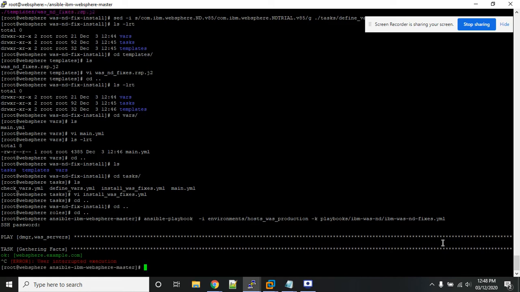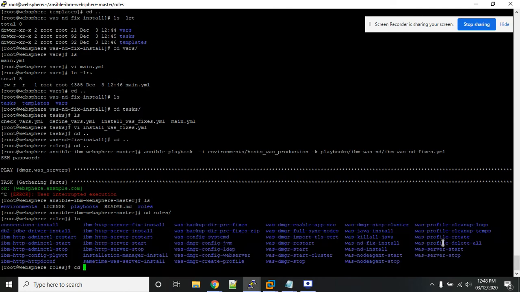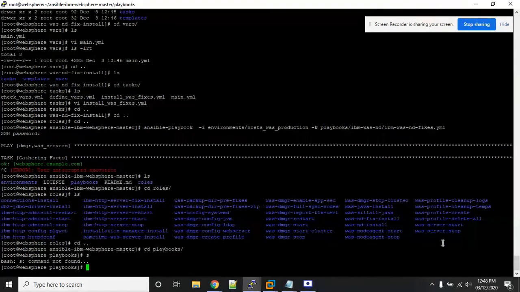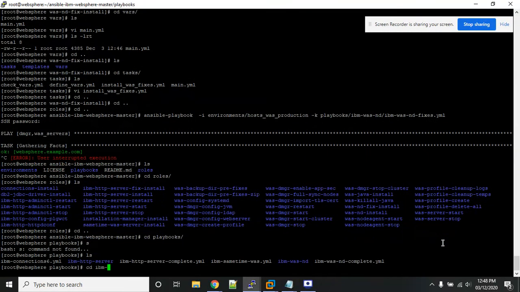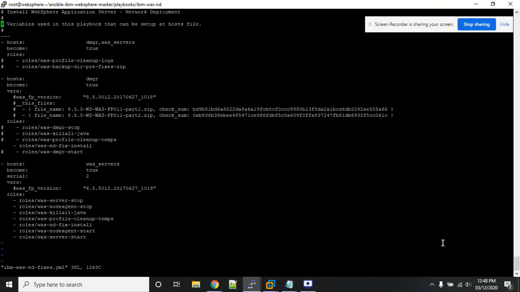For executing, I just got to know tools, tools, playbook, IBM WAS ND, and this I need to add to install. I have just put DMGR, right? So not only DMGR, all my WAS servers should be updated.